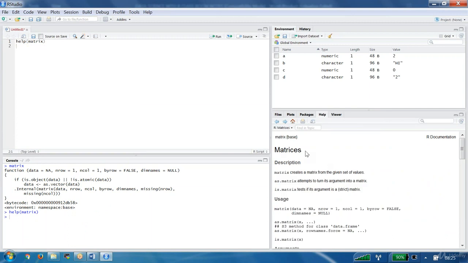Okay, now what did we get? Matrix is coming from what package? Base package. Matrix creates a matrix from the given set of values. as.matrix attempts to turn its arguments into a matrix. So to convert one data type into another data type, we have the as dot star functions, right? That's what it is. To confirm whether it is a matrix or not, we have is.matrix. And data, number of rows, number of columns, byrow and dimnames. This is the standard syntax.